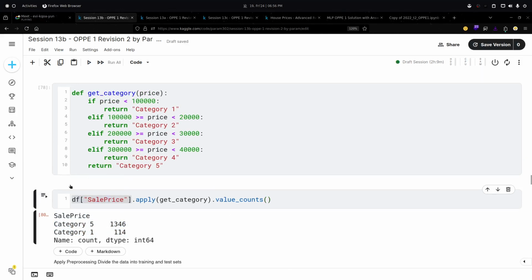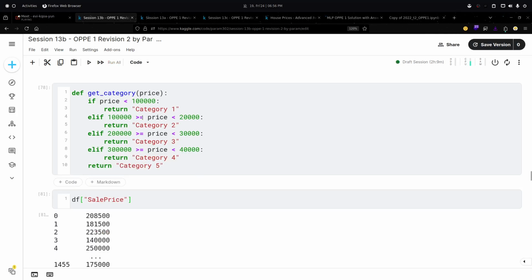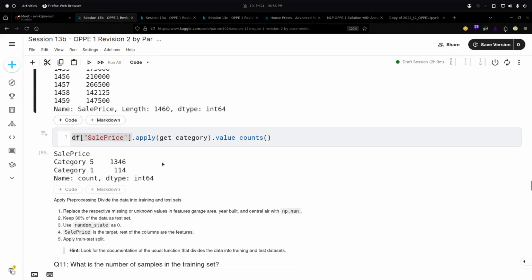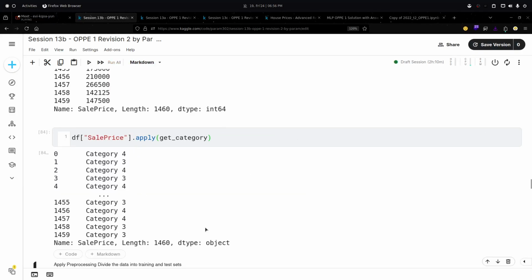Let me check the sale price. You have written one zero less, it's not 2 lakh, it's 20,000, 30,000, 40,000. Yeah, you are right. Now it is good, I think. Let me run this. Yeah, so we are getting various categories here with df.apply. We can check via value counts.